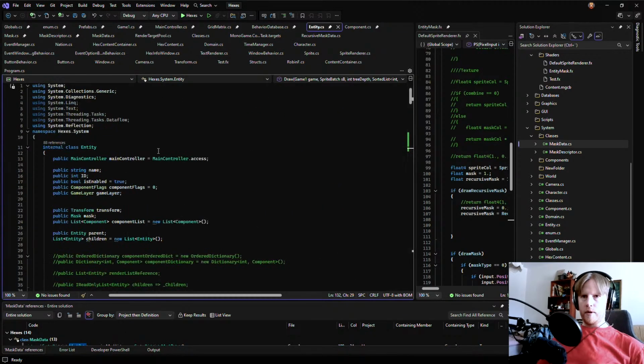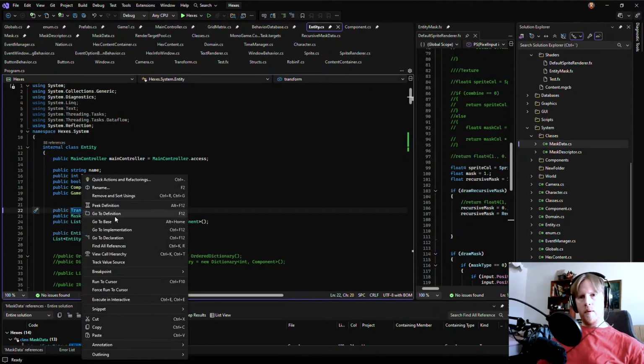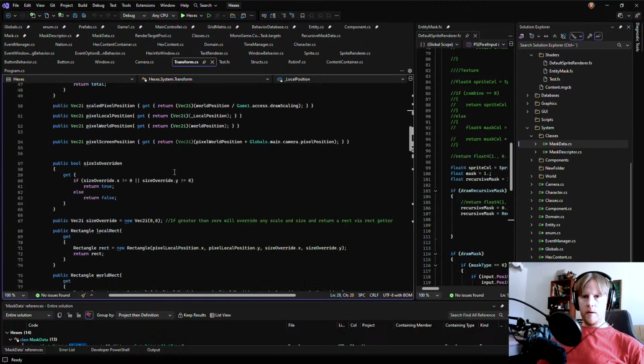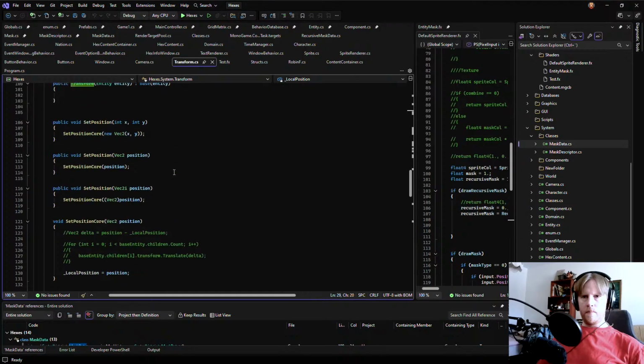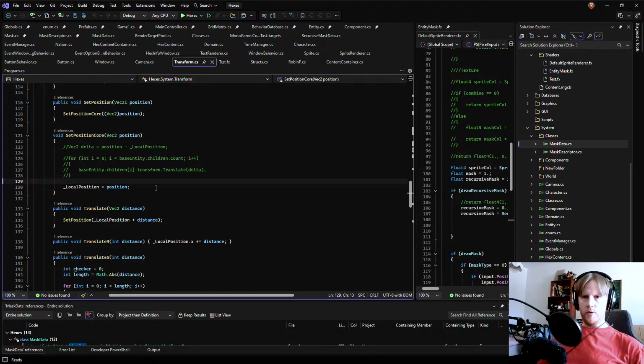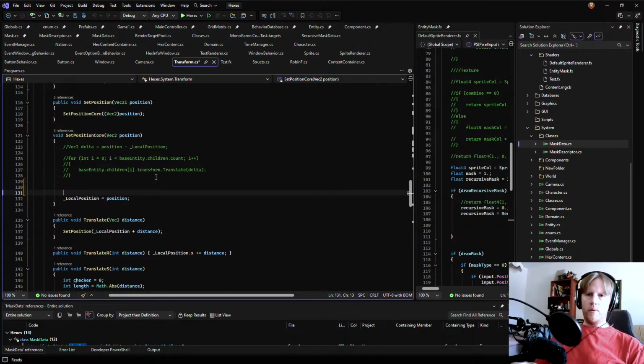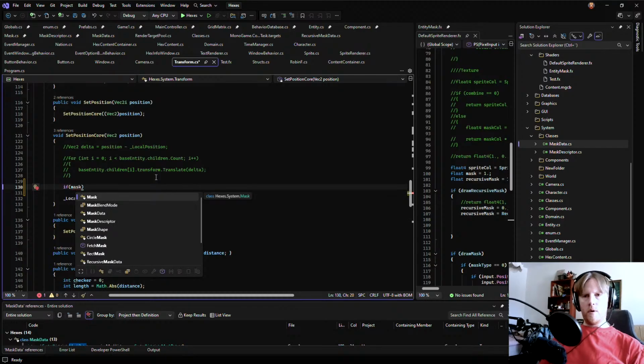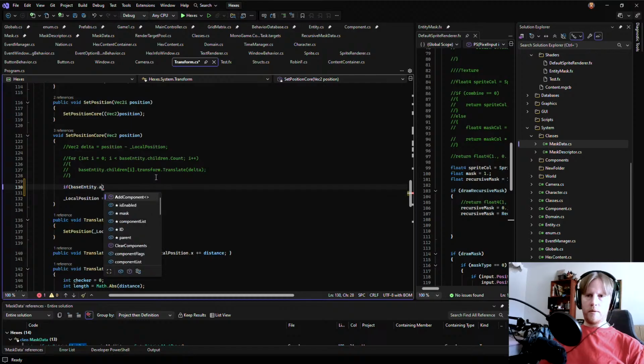So if we go to the transform and we say, anytime we do a set position, we need to say if mask, if base entity dot mask is not equal